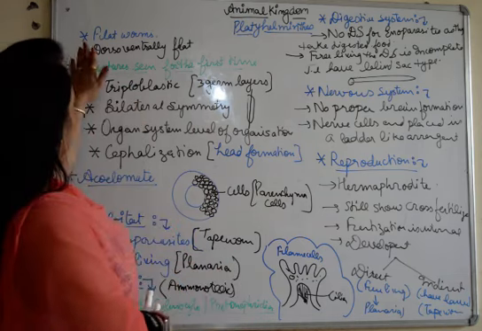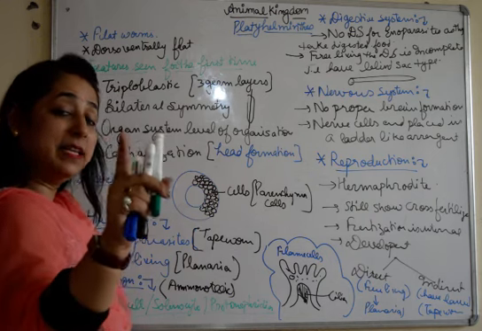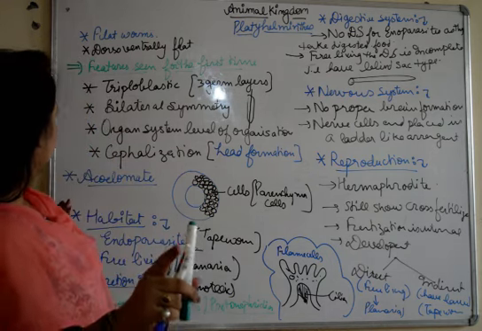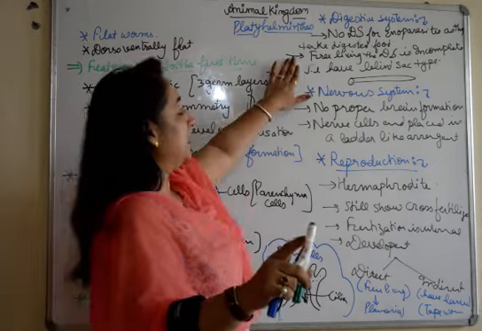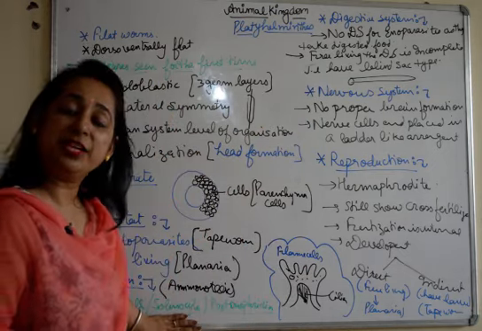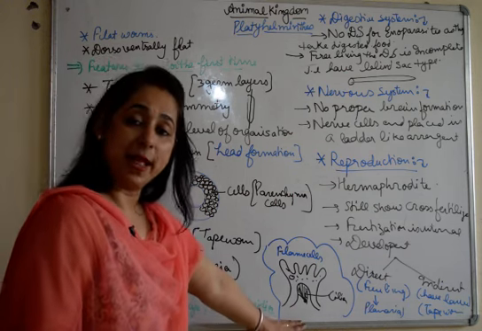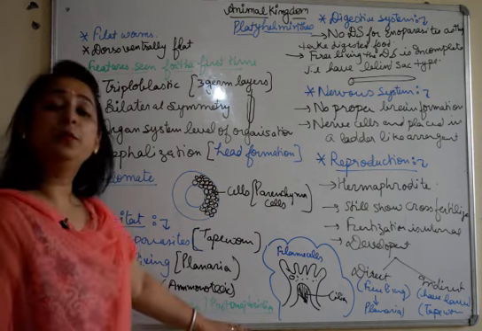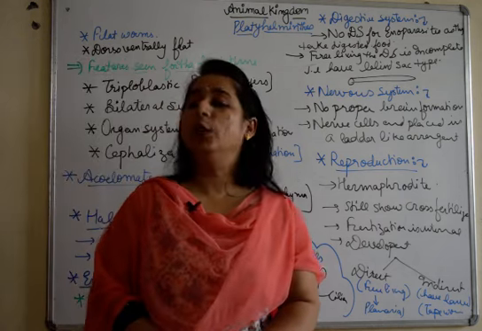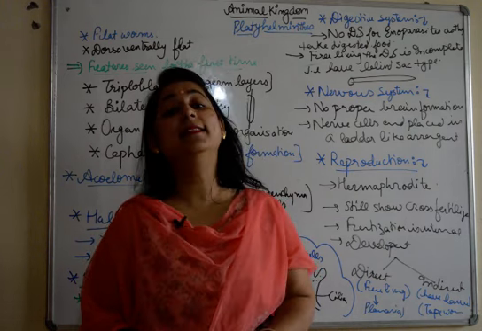We have discussed the general characteristics, a few features which are first seen in platyhelminths. We have talked about the habitat, excretion, digestive system, nervous and reproductive system. A very important characteristic feature of platyhelminths is the presence of flame cells. We have studied the diagram, also known as solenocytes and protonephridia. So in our next video, we'll talk about the two examples, the tapeworm and the planaria.